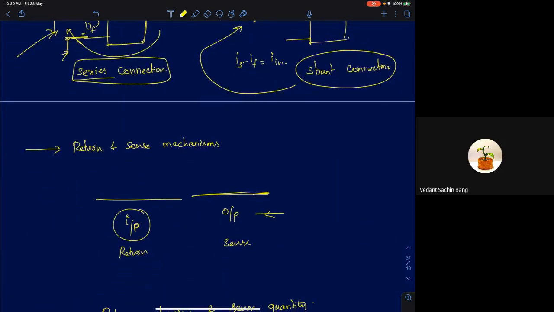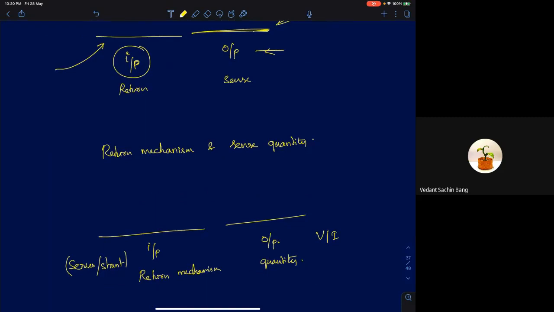The first and simplest nomenclature is what we call return and sense. It tells you about the return and sense mechanisms in the feedback amplifier. First you mention the return mechanism, whether it's a shunt or series connection at the return path. Then in the second part of the naming, you mention the sense mechanism: what mechanism are you using to sense, whether it's a shunt connection or series connection. This is the first naming convention, return and sense mechanism. Return first, sense later.